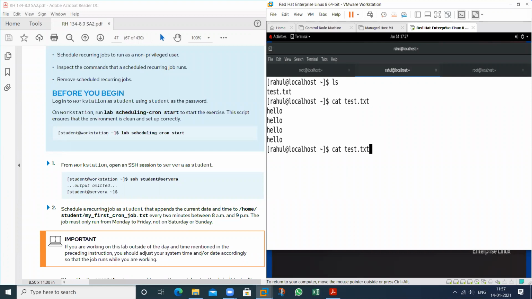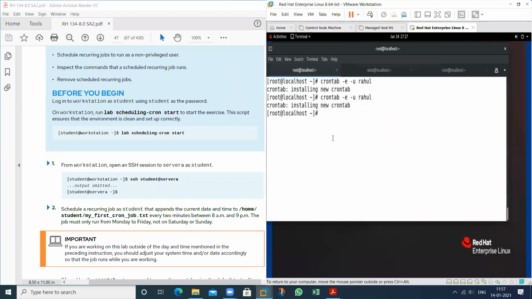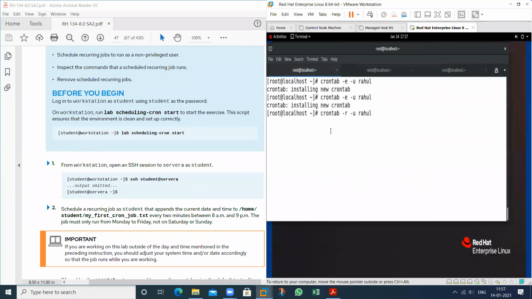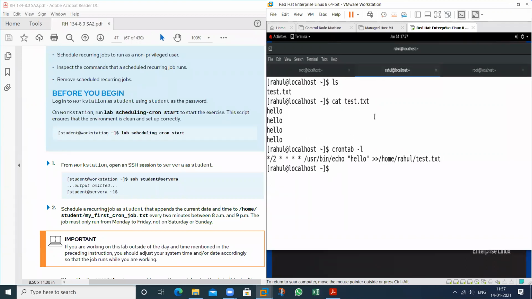So you can check that. And I want to remove that. Then what I will do? Just type here R for which user? This user. Then check this one. Is there any task scheduled at this time? If root will remove this one, then I want to check again here. So there is no cron job for this particular user. Then check again here. There is no cron job.